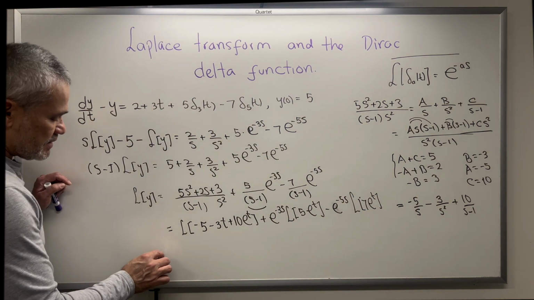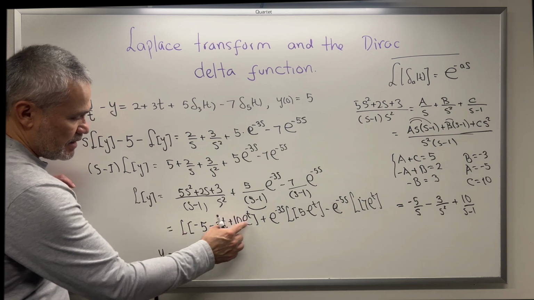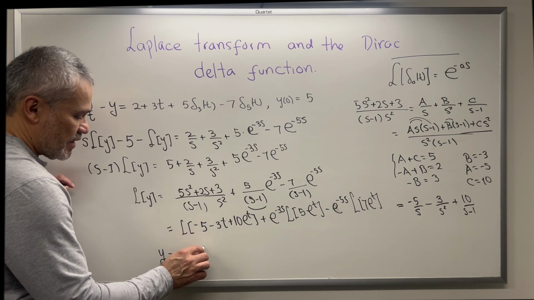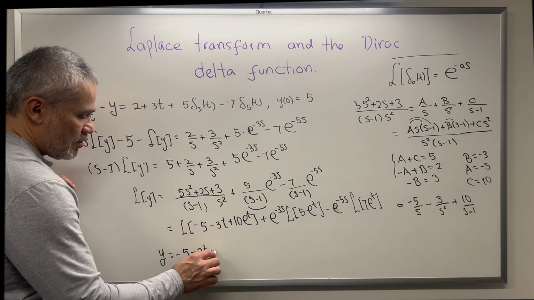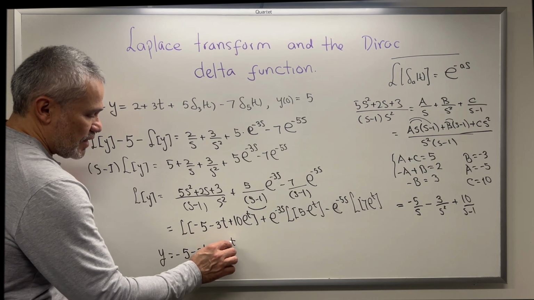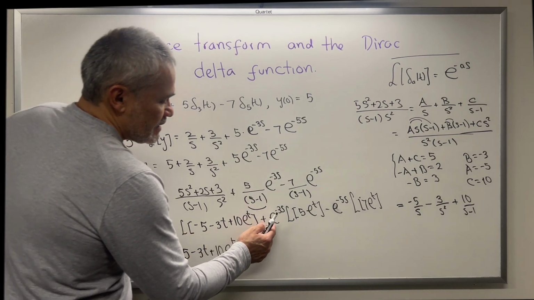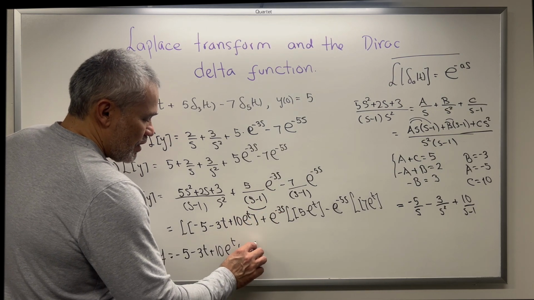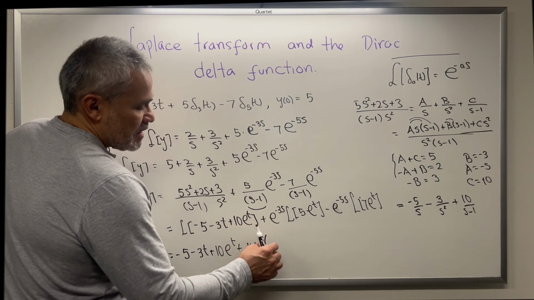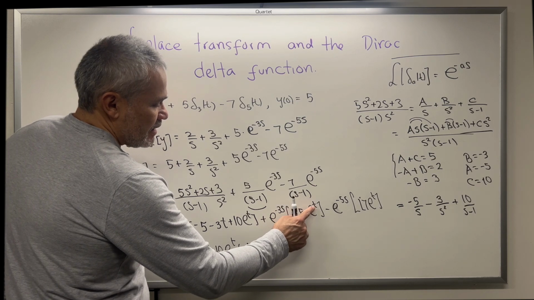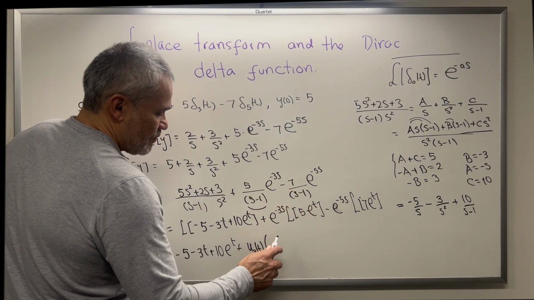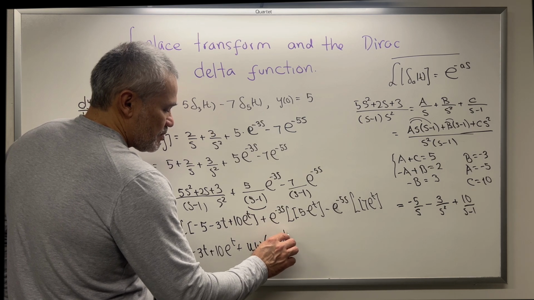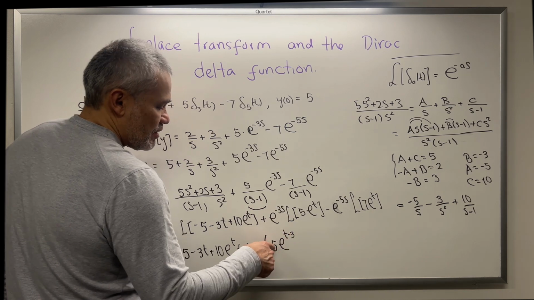Then in the answer we will see this function: negative 5 minus 3t plus 10 e to the t plus, and this part generates a function u3 of t times, and anytime I see that t here, I change it with t minus 3. Then I get 5 times e to the t, where t is changed with t minus 3,